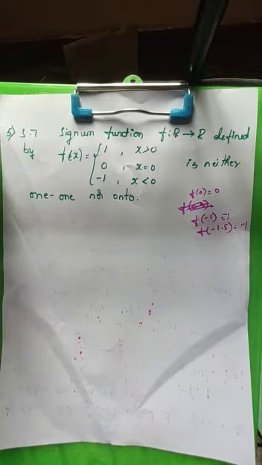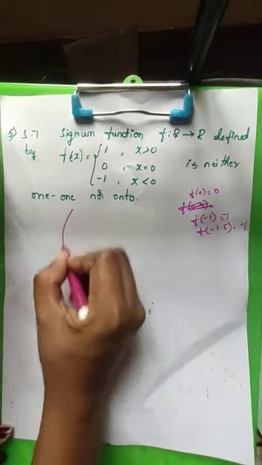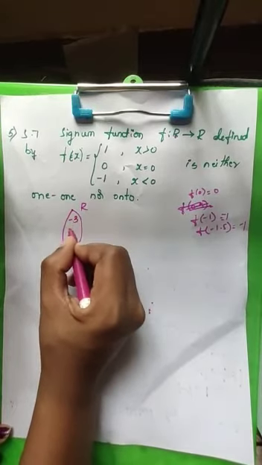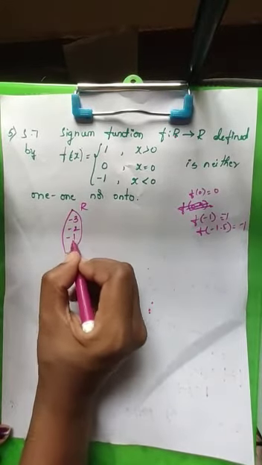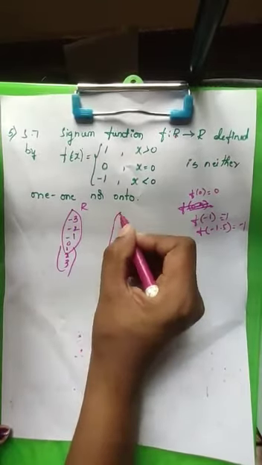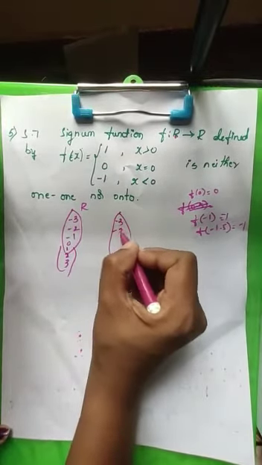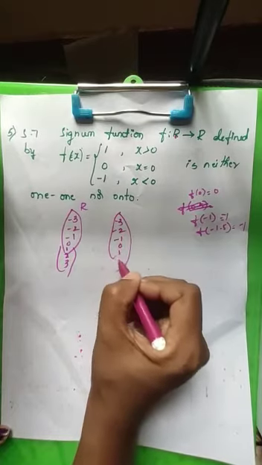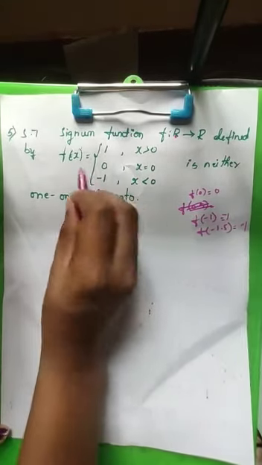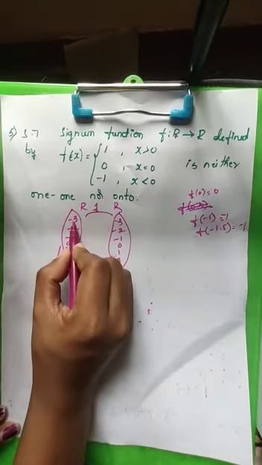By looking at the function only, you can make out that this particular function is not 1-1, it is not onto. You just have to find the proper reason. Now if you take real numbers, as I have taken earlier, minus 2, minus 1, 0, 1, 2, 3, I'll take certain same real numbers over here also, minus 1, 0, 1, 2, 3. The function is the signum function. What is f of minus 3?